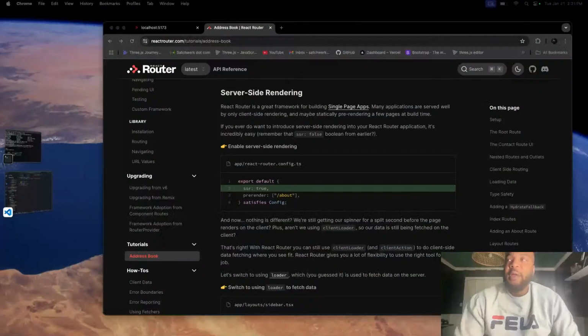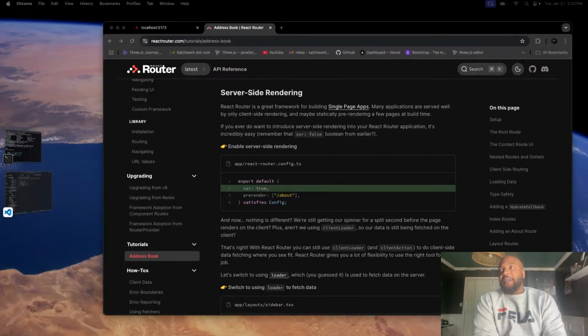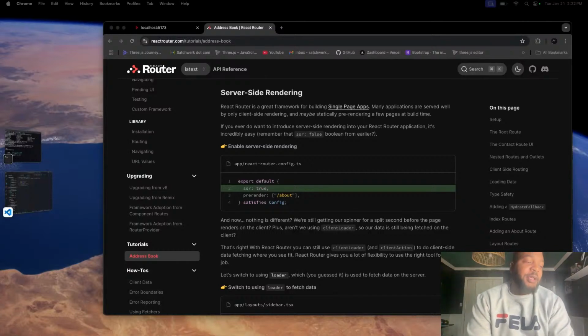Anyway, I want to continue with this lesson that we are working on with React Router, building the address book. Here, this is actually part five. I think I have another one that's part five that I had to disregard. I'm going to see if I can just delete that altogether. Anyways, we're going to continue this where we left off